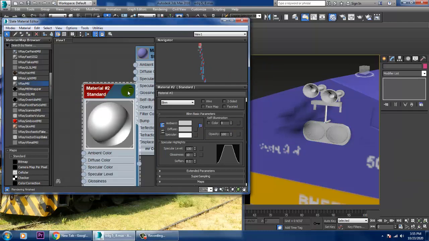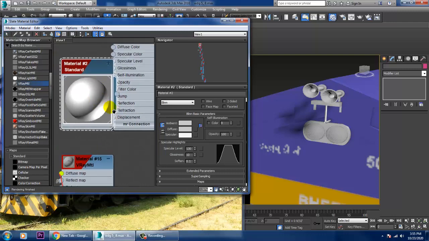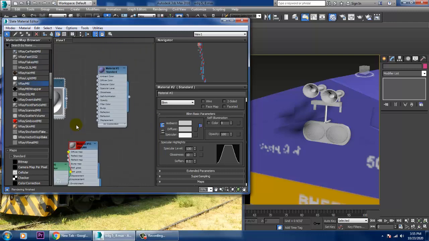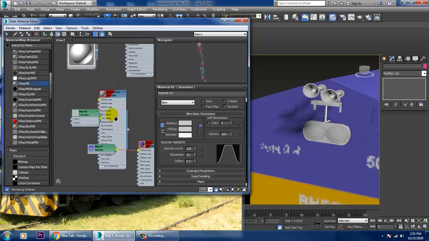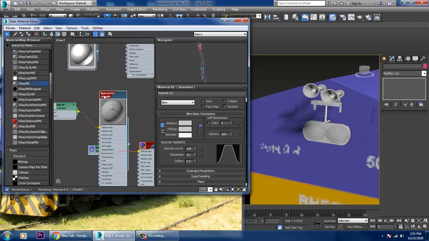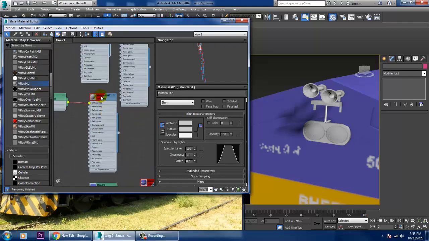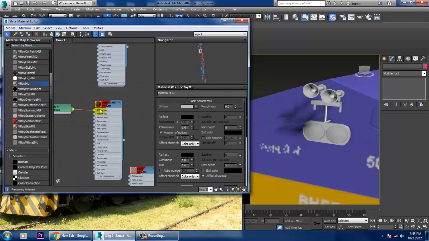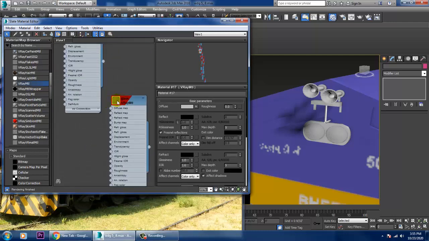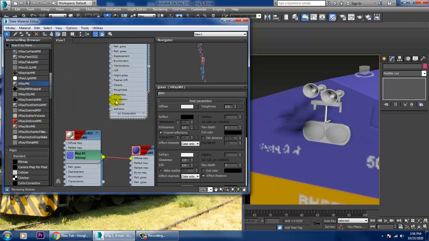Oh, I'm sorry, not this, because this is a green material, not this. This is a checker. Glass.